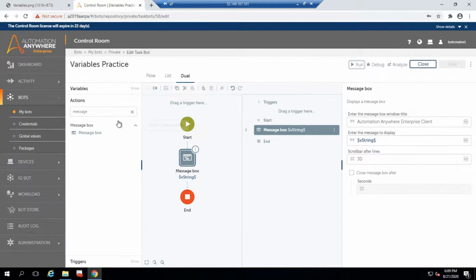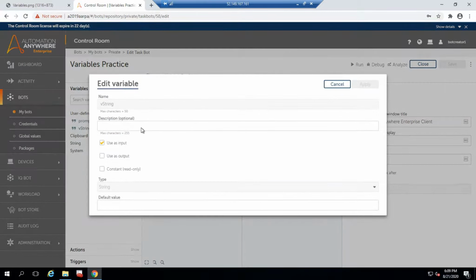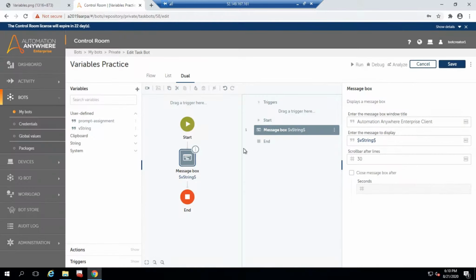So now what I did, I just created a single, simple variable, and I marked it as user's input. Let me remove this. When you remove it, it doesn't matter, you can just go ahead and use it. If you don't select use as input or use as output, you can just go ahead and use it. If you want to use this particular value in the next task, you must select use as output. Okay, let me give hello world. I just gave a default value and I removed user's input.